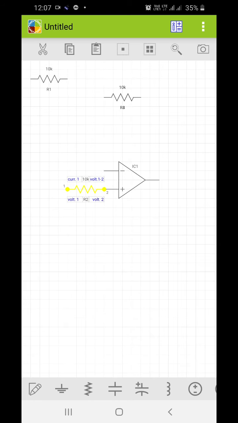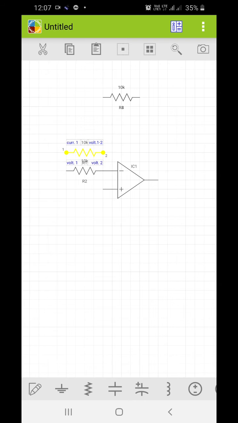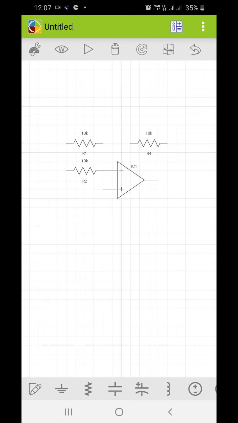I will put the resistors over here at the inverting side because I am performing the operation on the inverting side. Then this is the feedback resistor. Now I don't require this component, I will delete it. And now let us use the wire and connect.